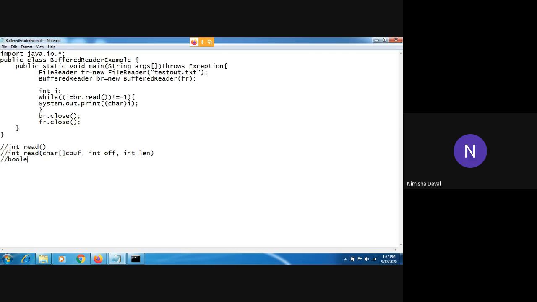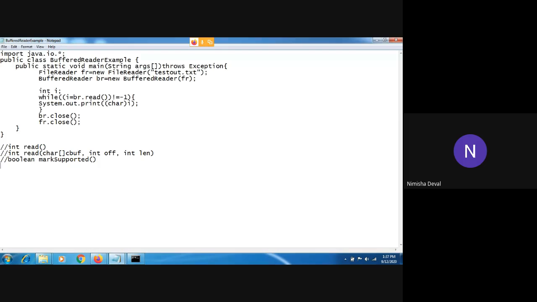Next method is boolean markSupported. This method is used to test whether the input stream supports the mark and reset methods.